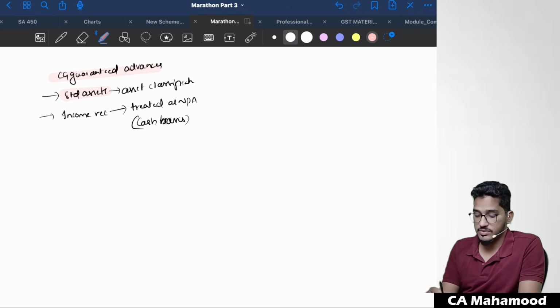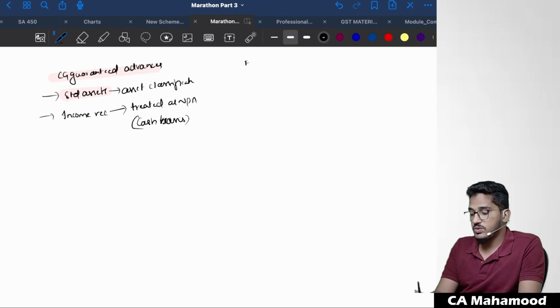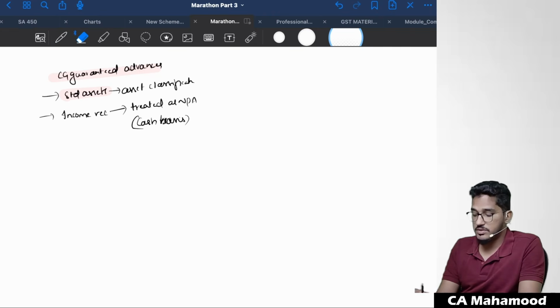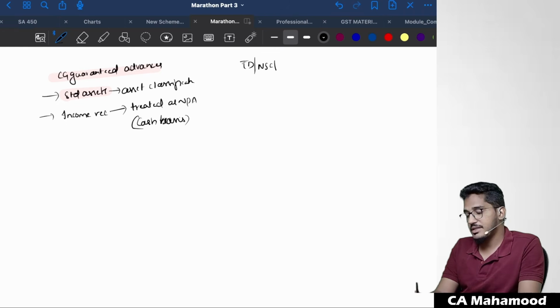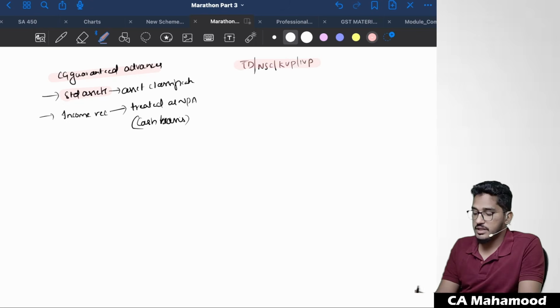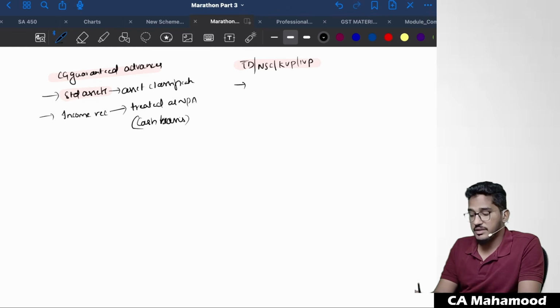That is on cash basis. However, in case the loans are taken against FDs, term deposits or fixed deposits, both convey the same meaning. So in case the loan has been taken against term deposits, NSCs, KVPs or IVPs, even though they remain overdue for more than 90 days, still they will not be classified as NPA. They will remain under standard category only.